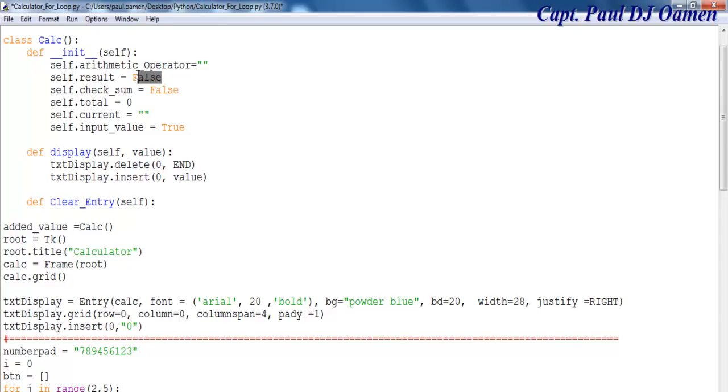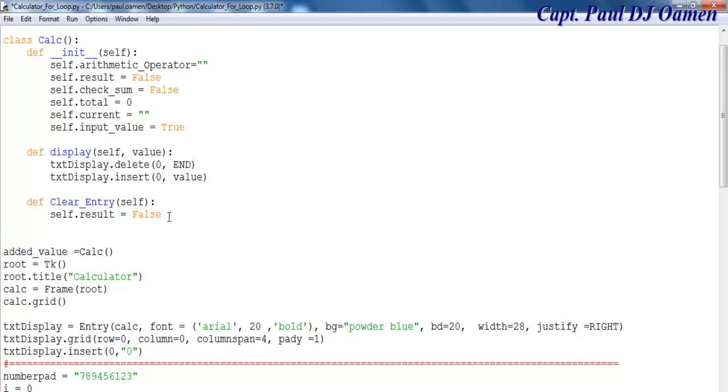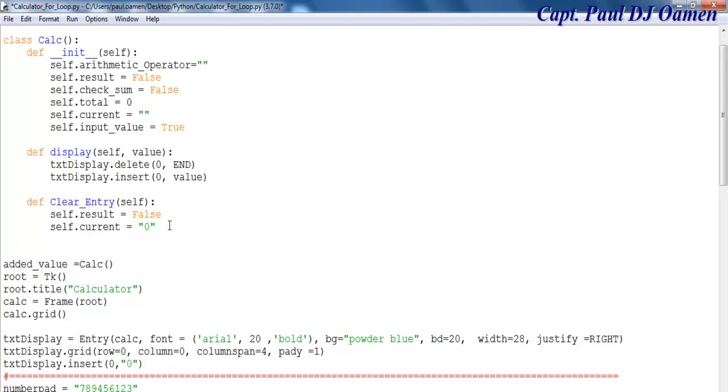Result, so that is going to be false. Let's copy that, copy this, paste that in there. Result equals false. Current, let's say the current value, in this case let's make that 0, because once it's cleared I want it to change back to 0. Now self.display.display equals 0,